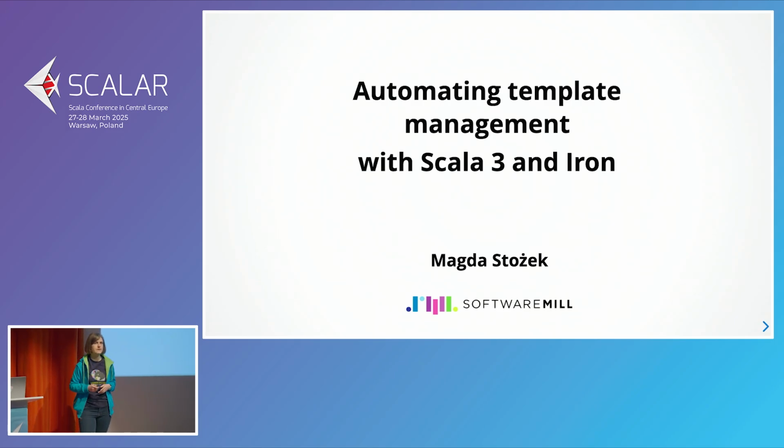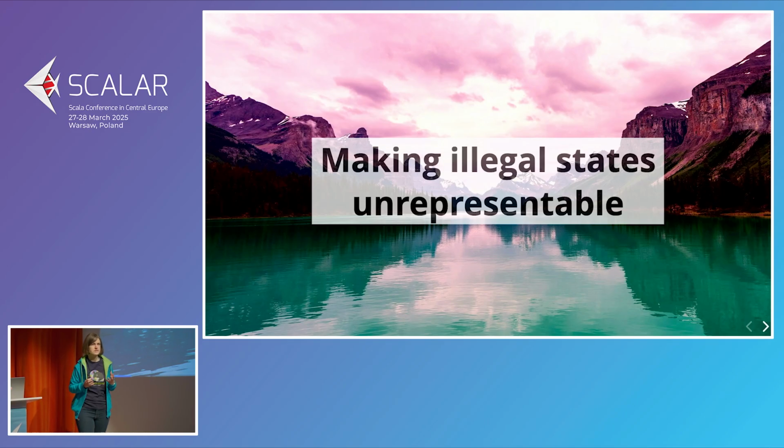And one of them was the idea of making illegal states unrepresentable. So this idea that outside there is this chaotic, erratic world, but once the data enters into your system, it's somehow validated, and then with the help of the strong type system that we love, it's impossible for some kind of errors to exist. So you have this pristine system where the type system makes sure something is correct. And this is one of the ideas that is very close to my heart.